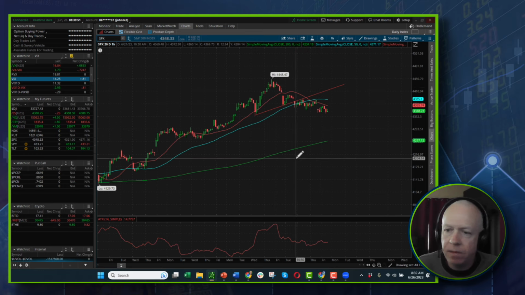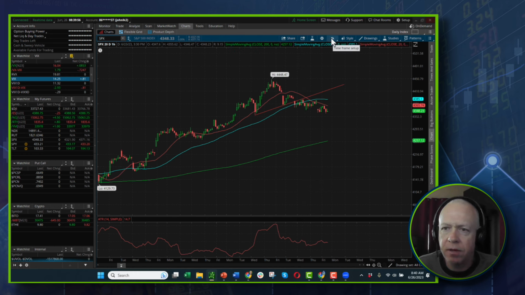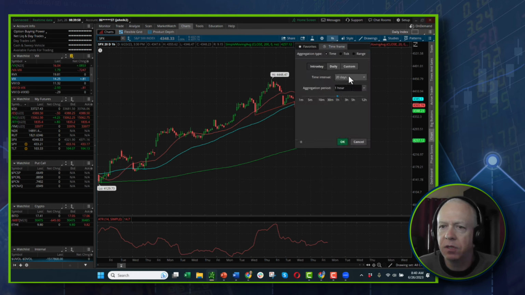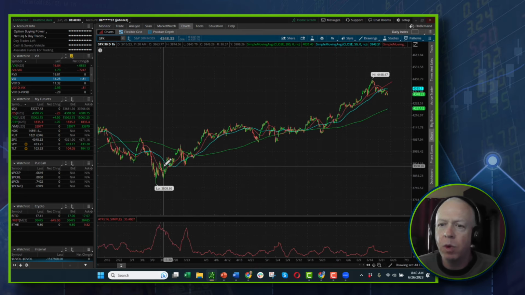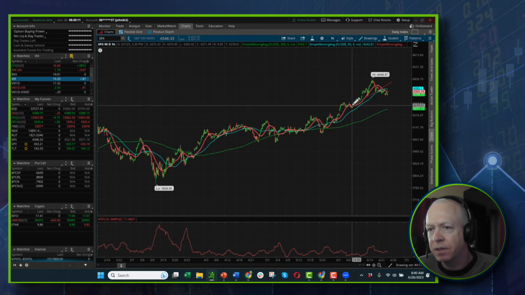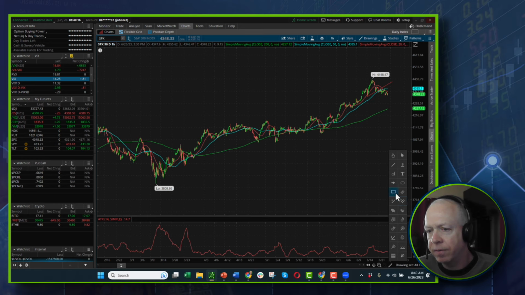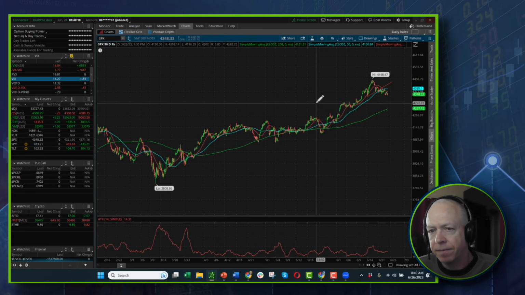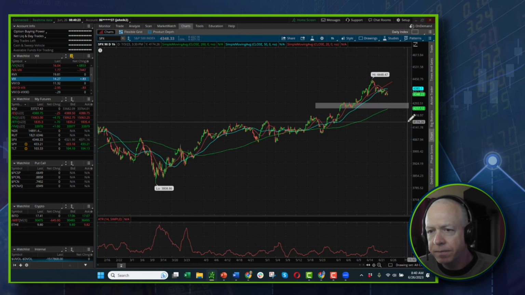Now, when we do that, actually, let me just look at something. Let me just look at some more days here. So I want to be aware of what's going on. When we look at more days, our primary support level here, or our most evident support level, is right around here. And we would call this a zone, right? This is our most evident support level right in here.